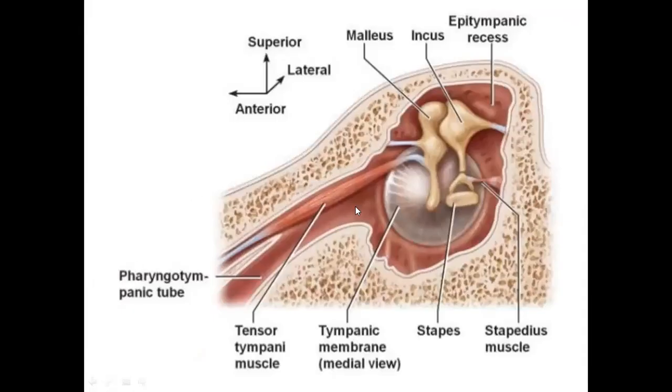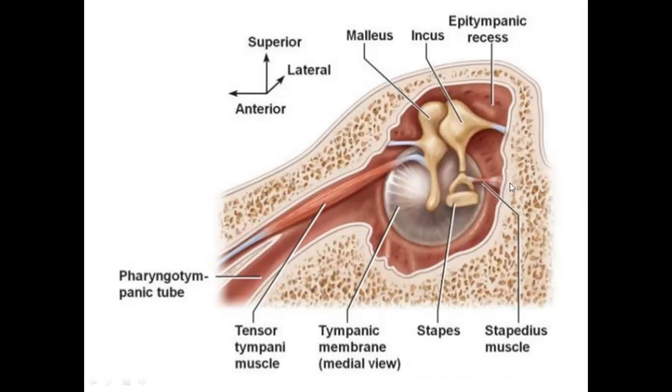The anterior wall contains two canals. The smaller canal is for the tensor tympani muscle, and the larger canal is for the pharyngotympanic tube, which opens into the middle ear cavity and connects the nasopharynx to the middle ear cavity. The tensor tympani muscle is inserted over the malleus, and its function is to dampen the sound waves. Suppose a bomb blast occurs: the increased amount of sound energy can rupture the tympanic membrane. So what is the function of this muscle? It is inserted over the malleus and dampens the sound waves.